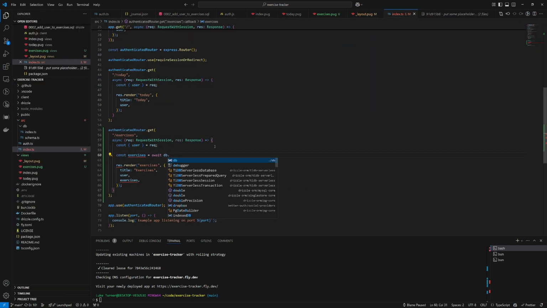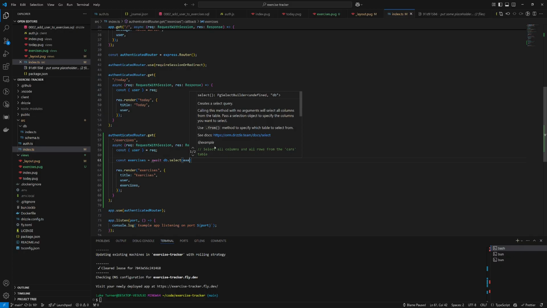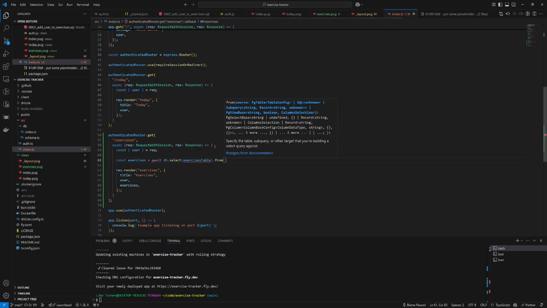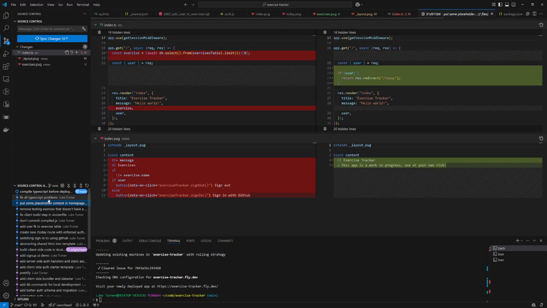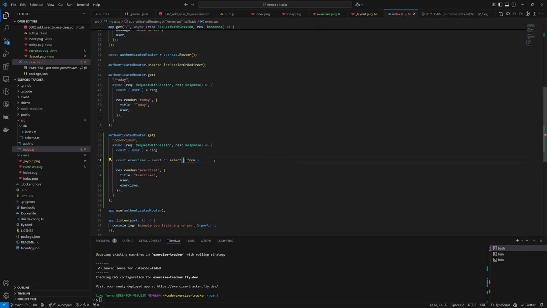So db.select exercise table dot from, what? Why would I need a from? I've already said the table. Oh, okay. It's select and then from exercise table, like so,